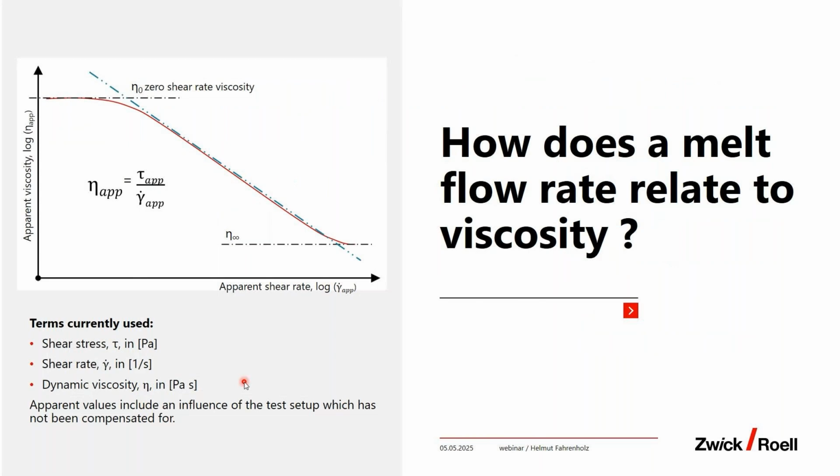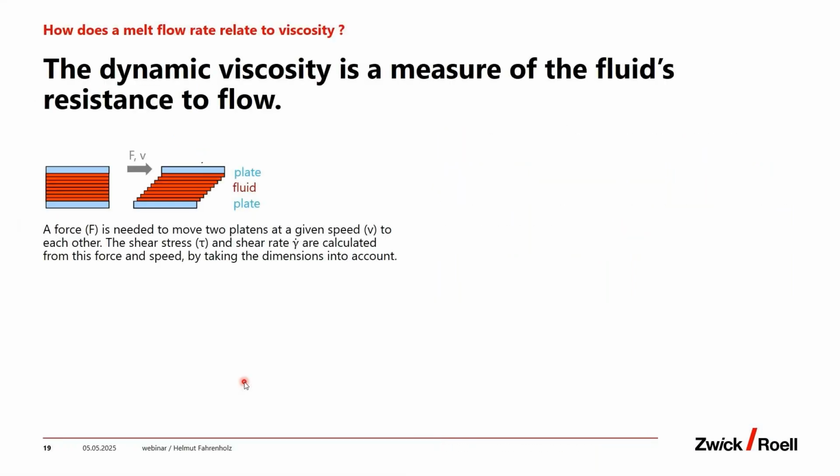Yeah, maybe a quite interesting question. We are talking about MFR and MVR, so melt flow rate and melt volume rate. And we can imagine this relates somehow to shear rates and to viscosity. So when we talk about dynamic viscosity, it is a measure of the fluid's resistance to